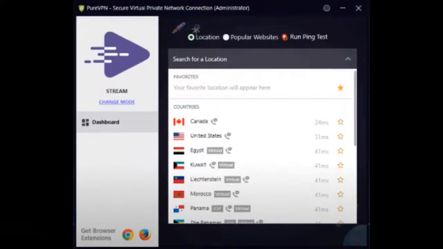Now on a Windows machine, you'll see this window open here, and notice that you have the servers on the left hand side and then the latency on the right hand side. For the latency, you want a smaller number. So some numbers, let's say we have a number of 31 milliseconds. That's much better than, say, if you were trying to connect to a server that had a number of 91